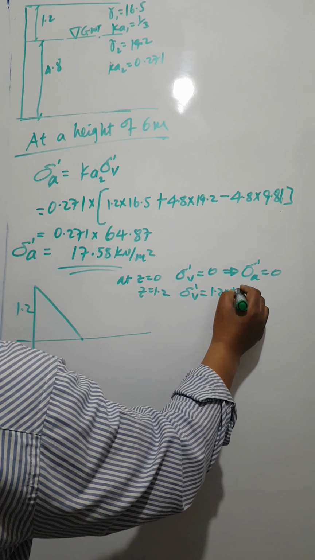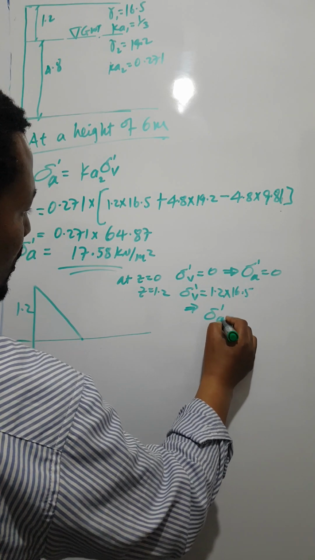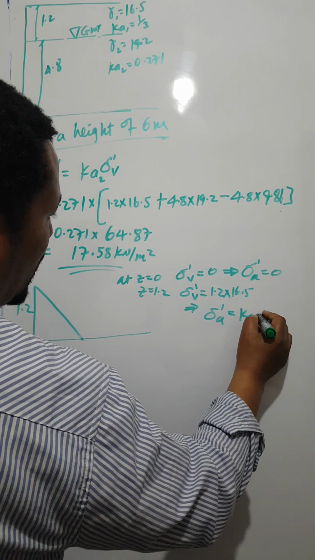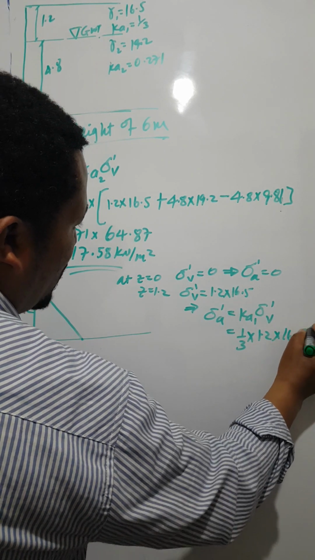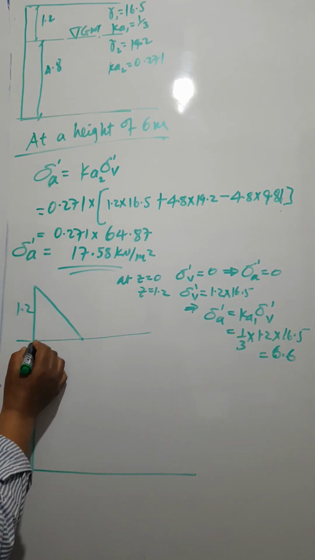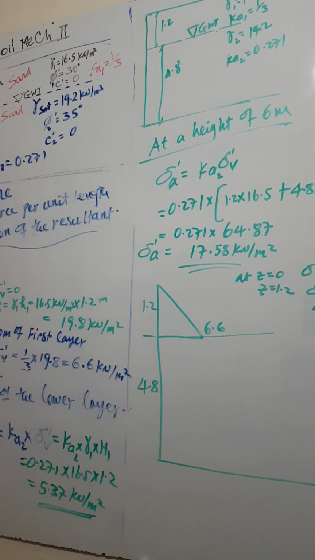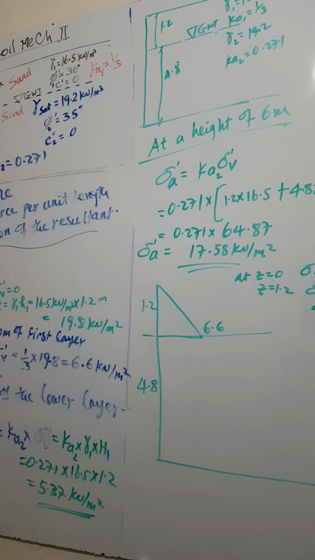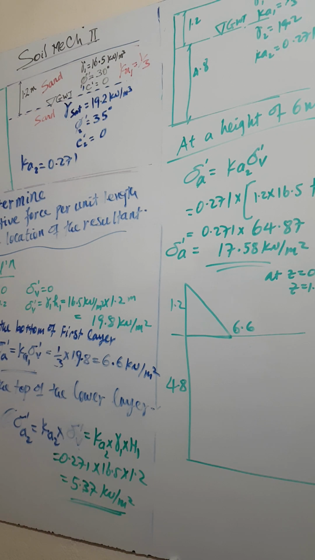1.2 times 16.5 አካባቢ ሆነ። this implies okay the active stress which is K active 1 times vertical burden okay K active 1/3 ነው times 1.2 times 60.5 ይሄ 6.6 አካባቢ ያለው። ስለዚህ ይሄ ከዚህ እስከዚህ የምንስለው this is 6.6 ከዛ on the top of ይሄ ልክ on the bottom of the first layer ያየነው stress ከዛ on the top of let's say on the top of the lower layer ይሄን አግኝተናል። okay ይሄንንም በስዕል እናስቀምጣለን። okay ይሄንንም 5 point